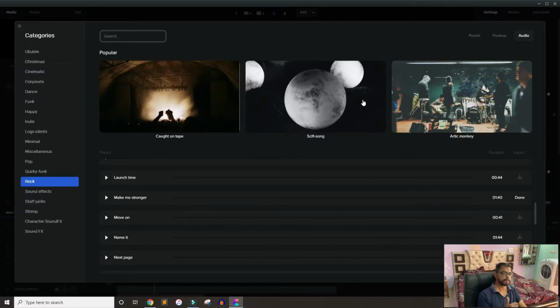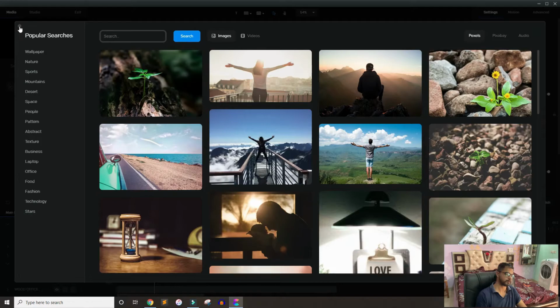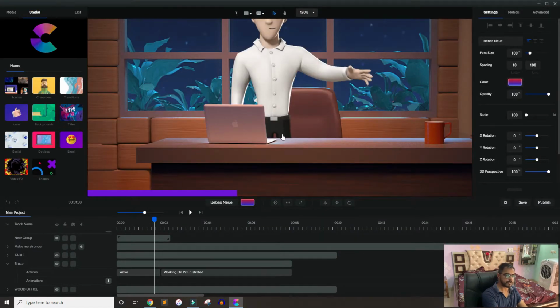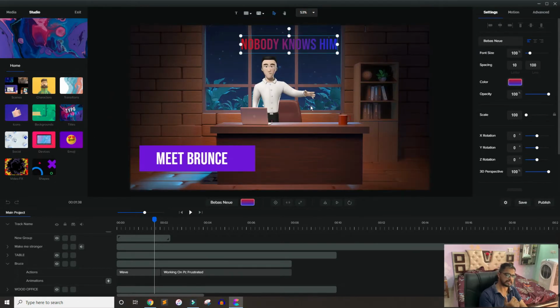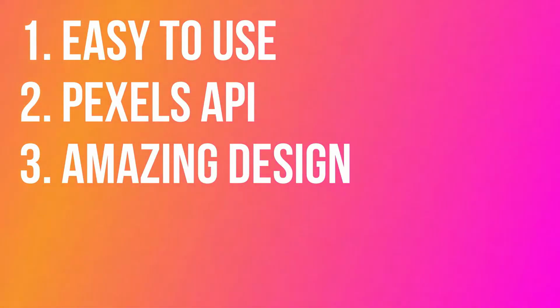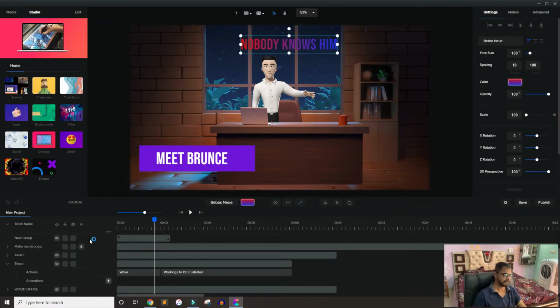And if you purchase the front end plan, then you have a Pixels API. You don't need to use Google again and again. If you purchase the upsell, then you have more options. If you look at the design of the characters, just anything else except this, all the designs are really amazing. That will help you to create amazing videos. So I really love whoever designed that background, character, or whatever the elements available in the studio tab.